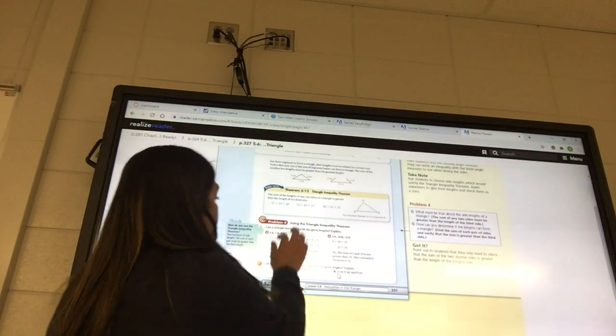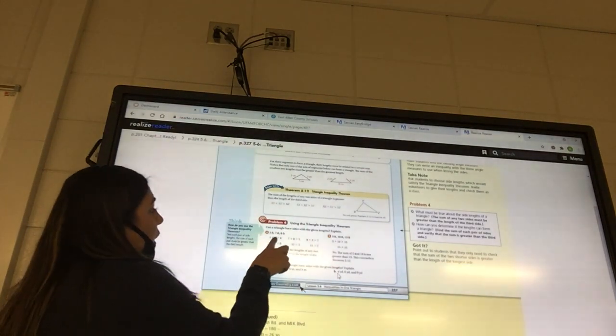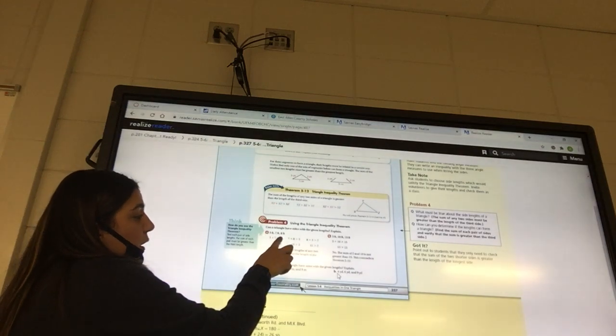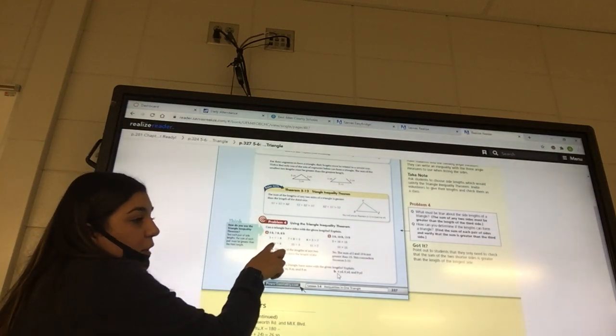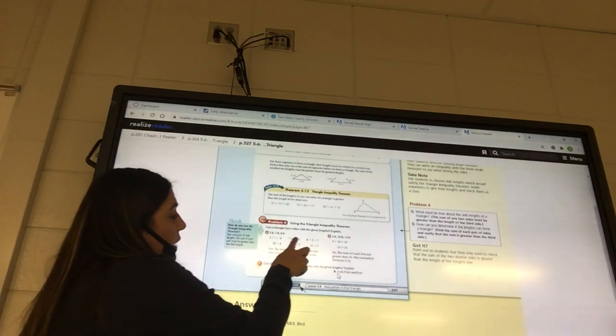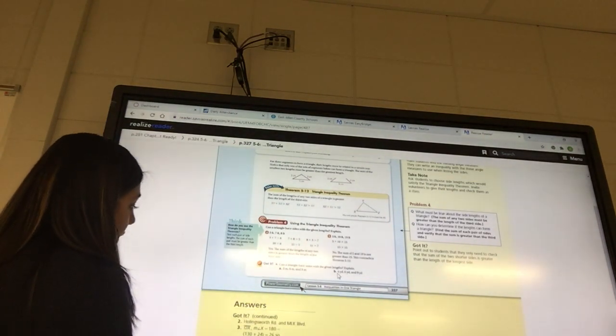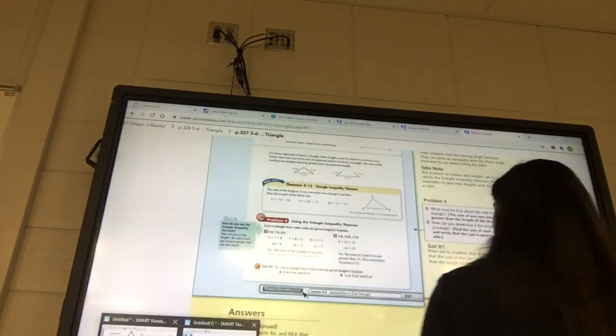Okay, so on this little example, same thing, it has 3, 7, and 8. So they took 3 plus 7, should be greater than 8, and it is. 3 plus 7 is 10. That's greater than 8. They took 7 plus 8, it should be greater than 3. So if we're looking at this one, and I think that the form is the hardest part. Okay,